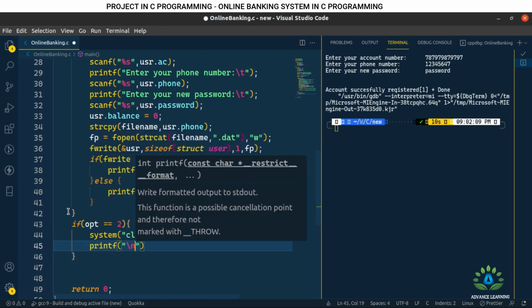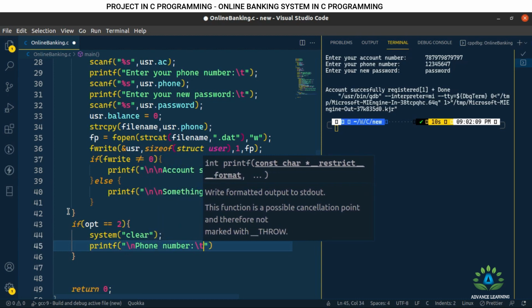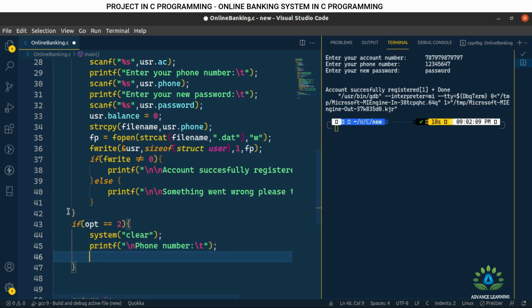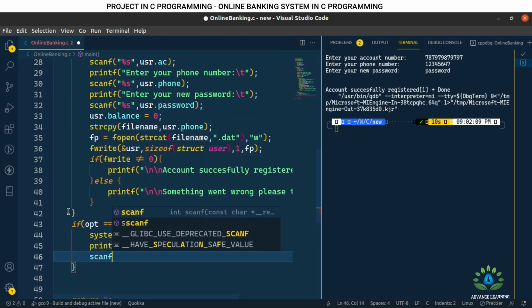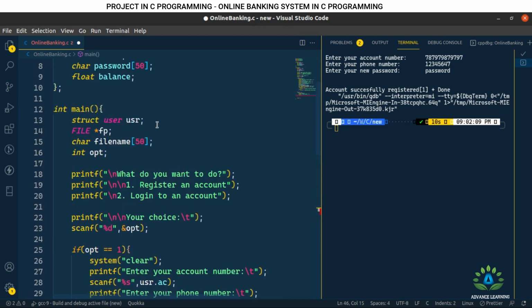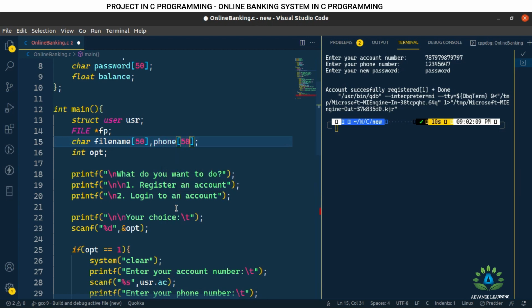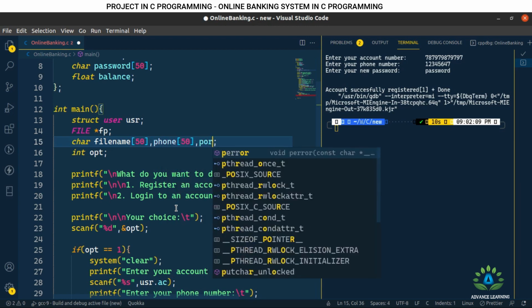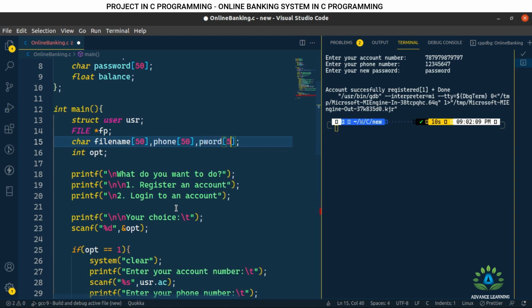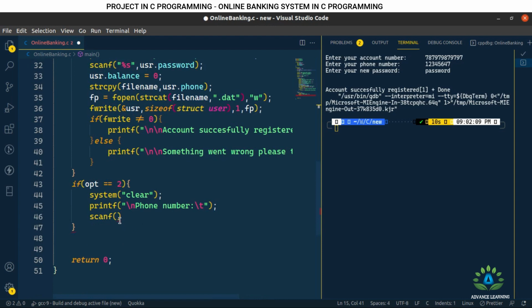Phone number, okay, and we are going to scan this. Let me define one variable here. The phone number will be phone, and 50. Also let me define one for the password. Okay, so scanf,